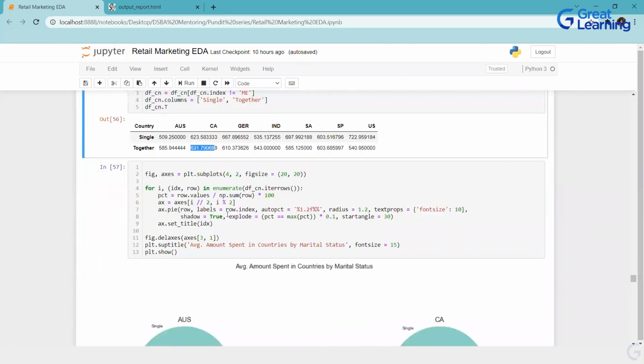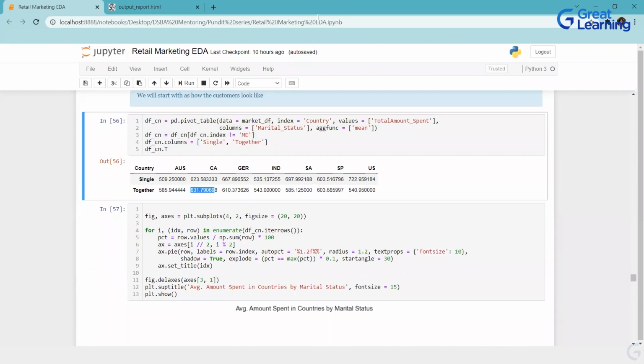So I created a pie chart over here. You guys have learned how to create the pie chart in your first module, that is Python for data science, in data visualization. That was your third mentoring session. So what I'm doing is I'm creating the subplot based on these different countries. How many plots do I want? 1, 2, 3, 4, 5, 6, 7. 7 countries are there because I have dropped Mexico. Otherwise it would be 8 countries. Because I have only 3 rows, that's why I dropped Mexico. It is not adding much value.